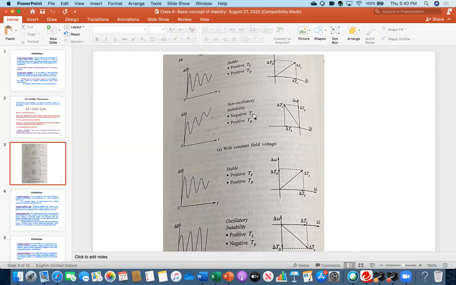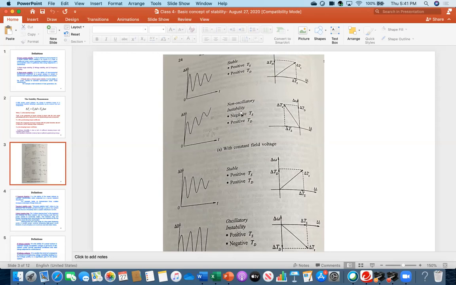Ts is the synchronizing torque coefficient. This means if there is not enough synchronizing torque in the system, then the system will go unstable. It will fully pull out or step out. That is the meaning, and it is called non-oscillatory instability. Although it started oscillating, it then stopped oscillating and just went out of step. That's why it is called